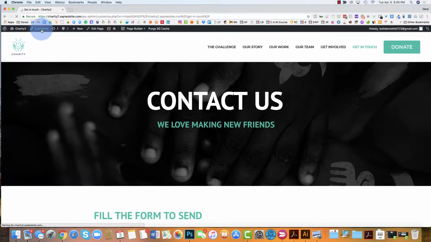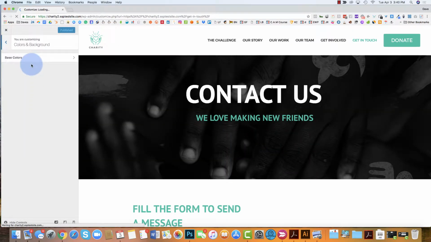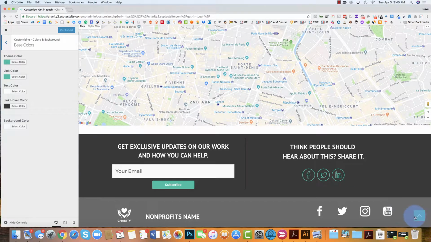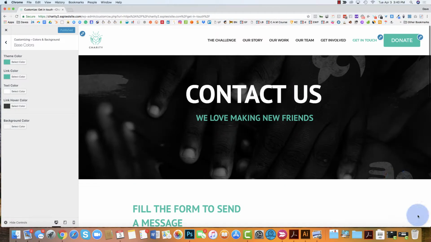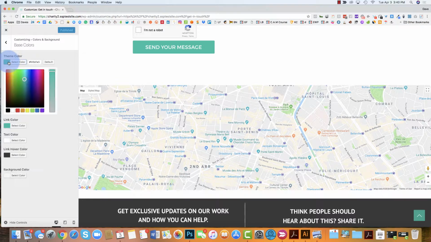Come up to Customize, the top left, and then come down to Colors and Backgrounds, and under Base Colors, this is where we can change it. Now, some of this is already custom. So this button here would sometimes be controlled by the theme color. As you can see on the bottom right-hand side here, this scroll to top button, I believe that's part of the theme color. So if we went and changed that, just so you guys can see,